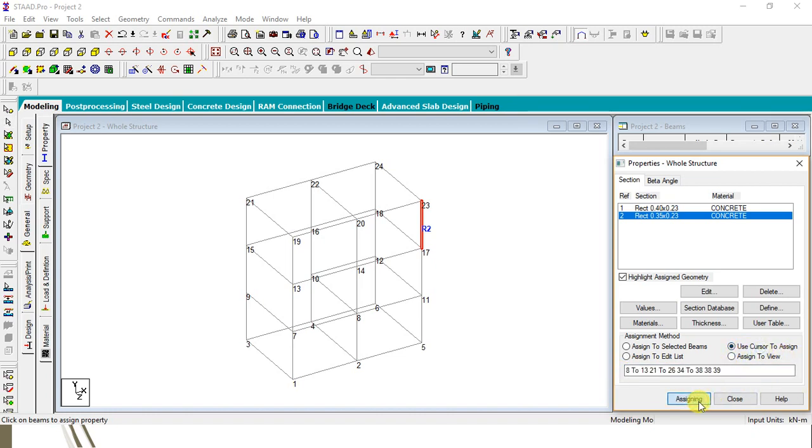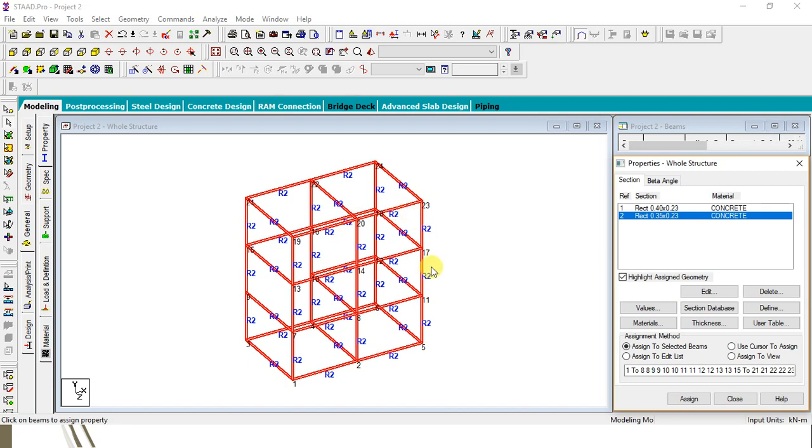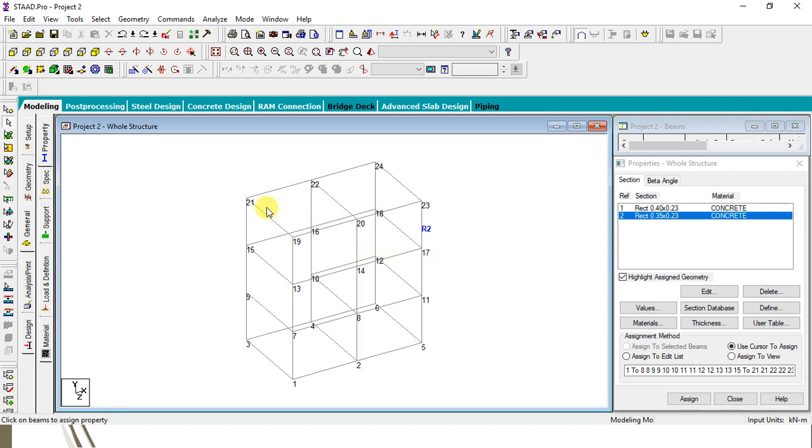Or further, here also I am selecting this option, assign to view. Select here assign. Yes. So all the beams in the view will get assigned a section of 230 by 350. Okay. So these are the different ways to assign the cross sectional dimension to the view.